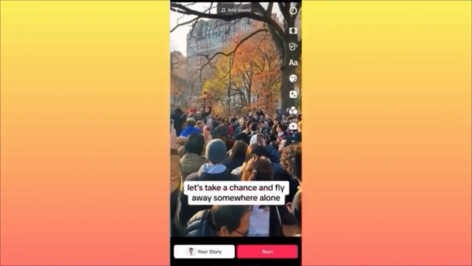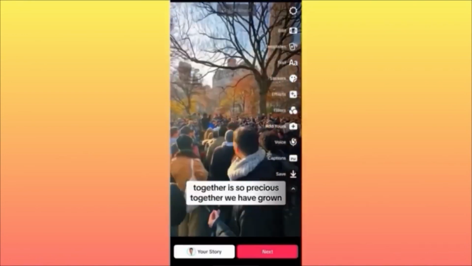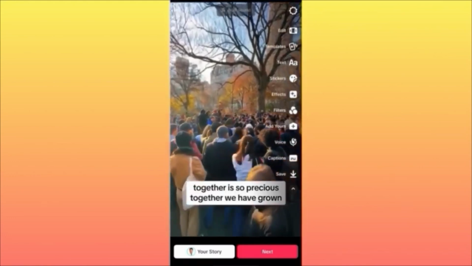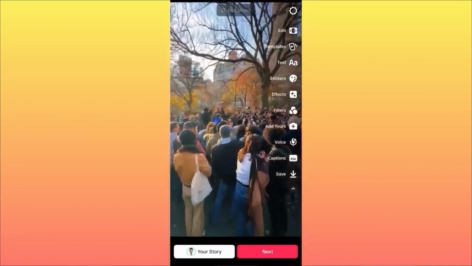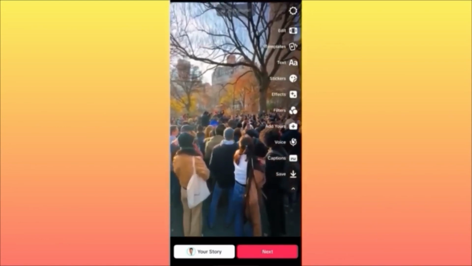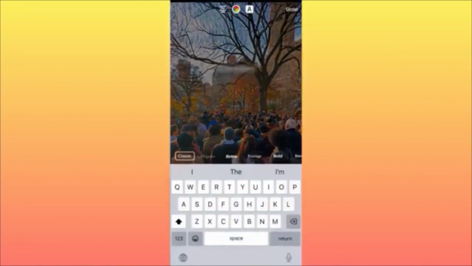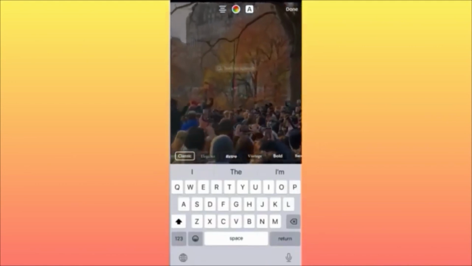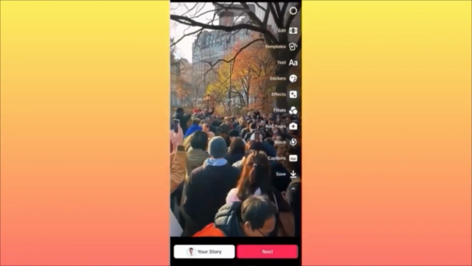Another thing that also is very important is that you will see that you have the option to use text. You can use text in this particular case to simply put a title, so you can direct the audience to what they're expecting to see, or you can simply map up the location, even though you do have the option later on to tag the location. In our case, we are going to use the text just to pinpoint what is happening on the screen, because someone might be at work and not be able to actually listen or play the actual